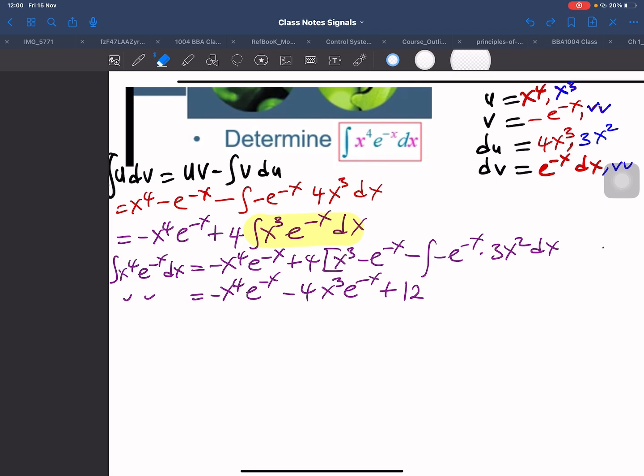Because of this 3 here, plus 12 with the integral of x squared e raised to power minus x dx. At this point, we're going to perform another integration by parts. We're going to find the various parts of this one. So what we have now is